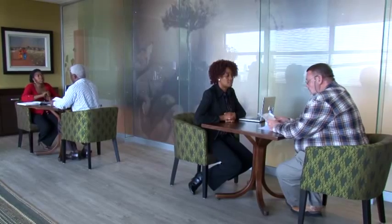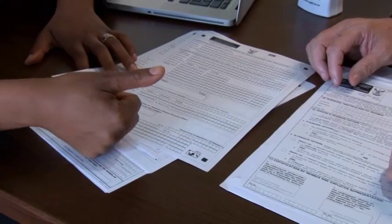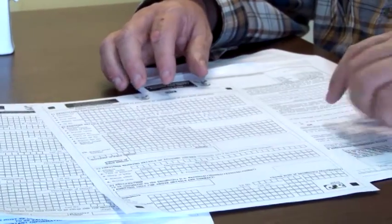It is worth mentioning that you have to start your application for retirement 3 months before the date at which you want to retire. Unfortunately, many people wait until they have already retired to start this process, which delays the payout of their benefits. Starting early will allow the employer enough time to gather all the necessary documents and forward them